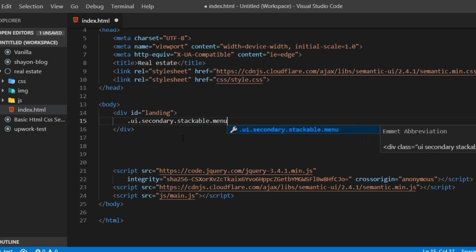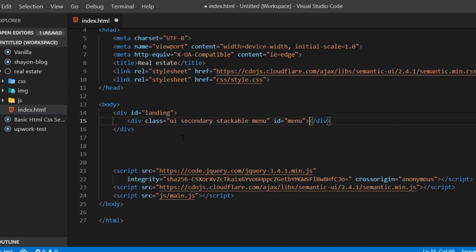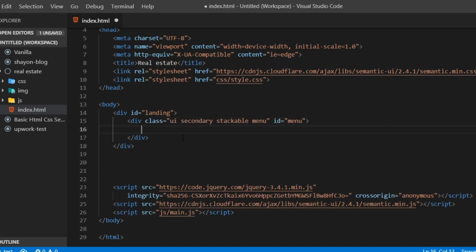ui stackable menu. This is a secondary menu, so it will not have any background color. Stackable means it will be responsive when you go to other devices like a mobile phone. It will be automatically expanded, and the id will be menu. We will add some style inside this menu id. We have the menu, and let's make the items of the menu. I will add 3 items. The first one will be